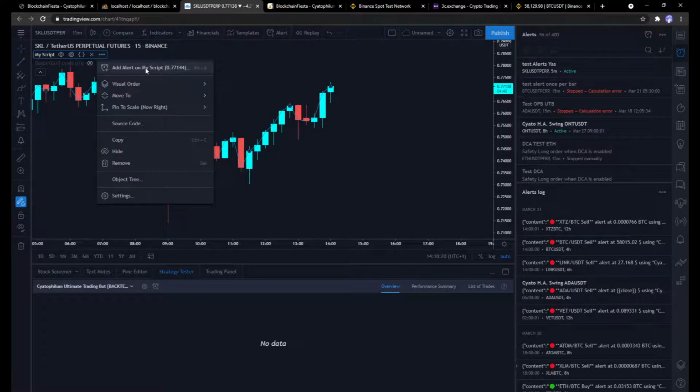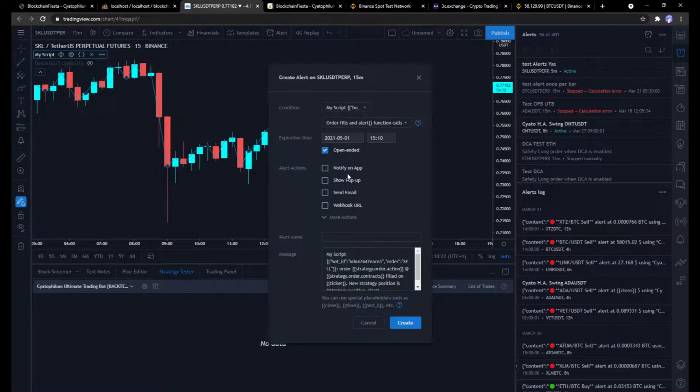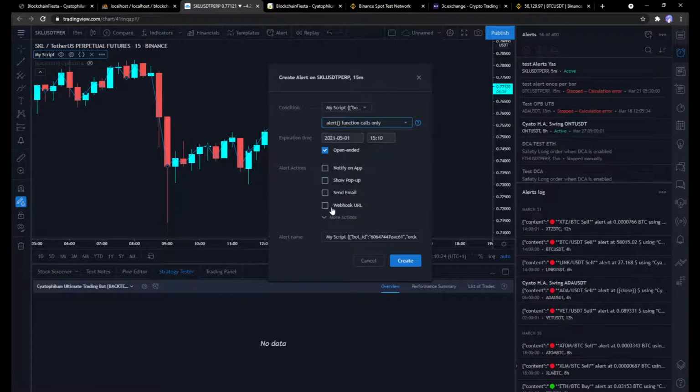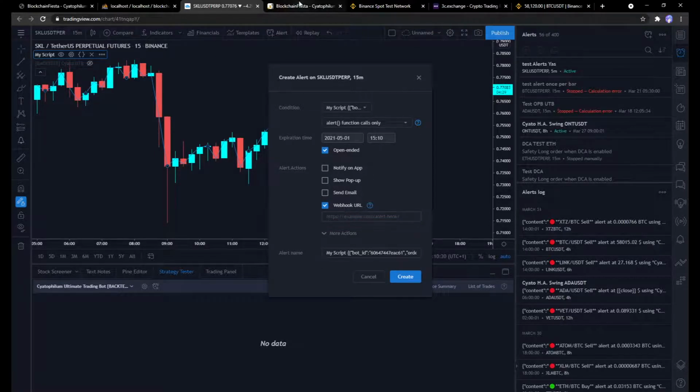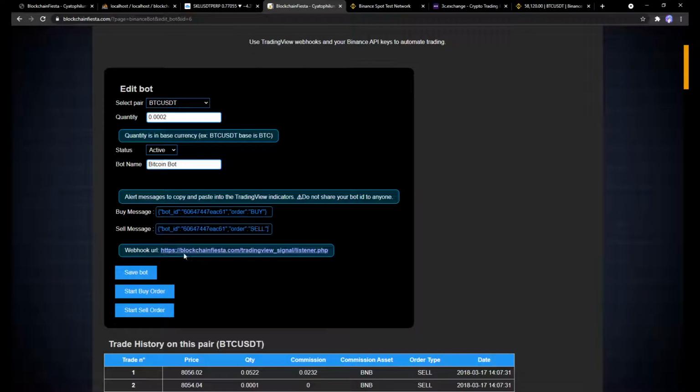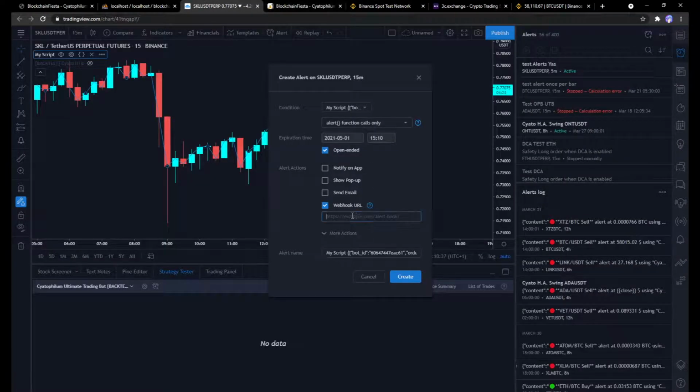Alright, so when you configure your indicator, you click Add Alert, you create your alert, and we are going to set the webhook URL. You can right-click, copy link, and I'm going to paste this.